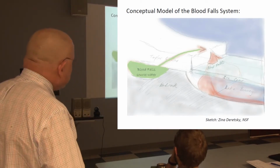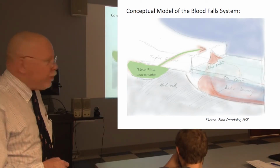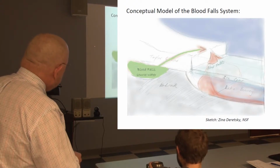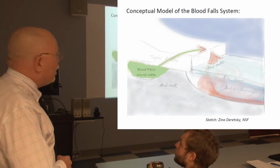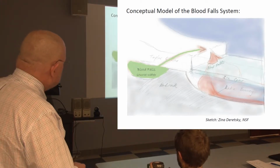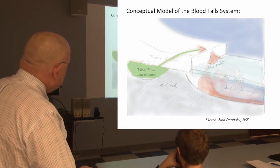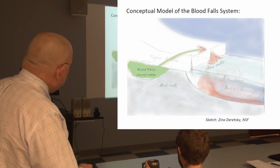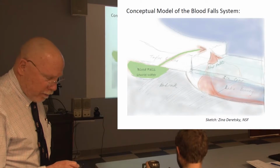We had known from some geophysical work done by some Kiwi scientists that this brine pool goes back maybe another, I think it's 3 kilometers back this way. But somehow this hypersaline water is making it through the glacier, spilling out here, and this is Lake Bonney. So what we wanted to do was drill in through here and sample some of this brine,